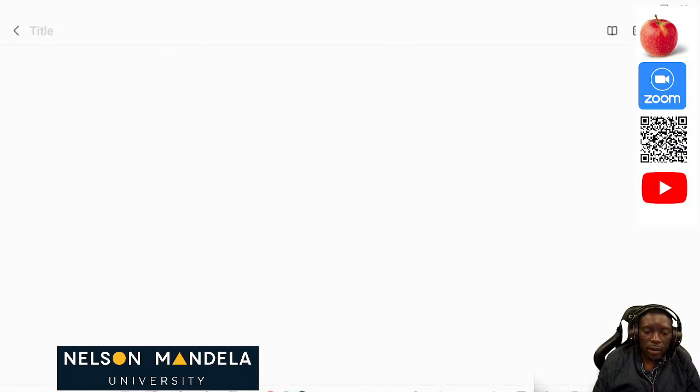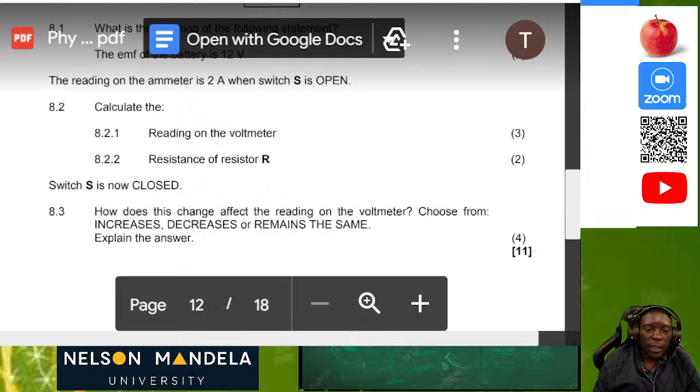So our next question says switch S is now closed. How does this change affect the reading on the voltmeter? Choose from increases, decreases, or remains the same, and explain your answer. So this is switch S, and when switch S is closed,